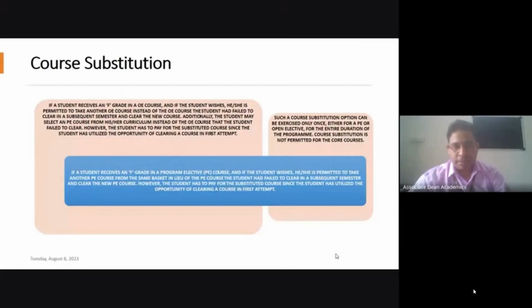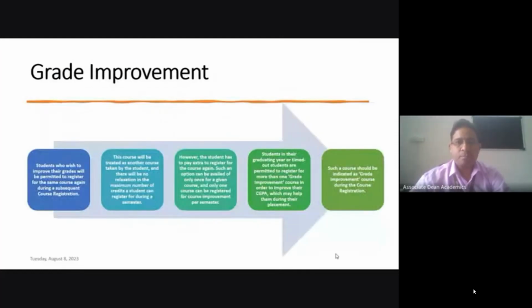You can replace that course from the same basket with any other course in a subsequent semester, to complete the pending credit requirement for the previously failed course. That will be allowed only once in your entire duration. That is the meaning of course substitution, and it is only applicable for the program elective or university elective category.